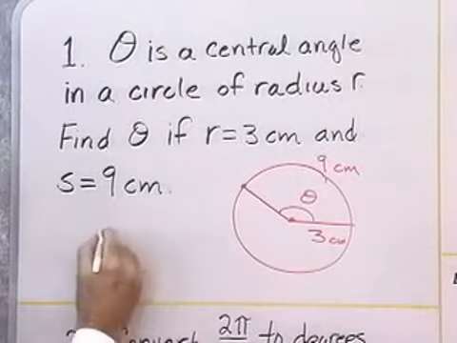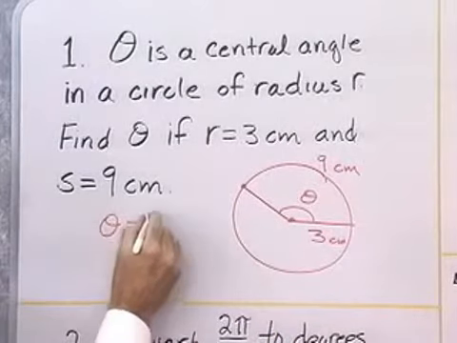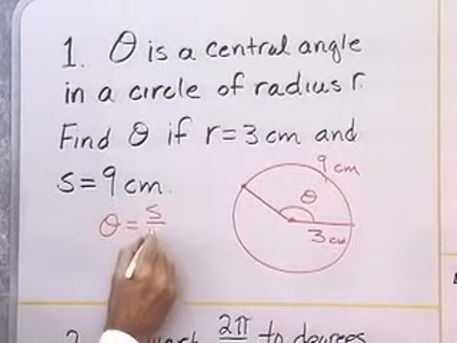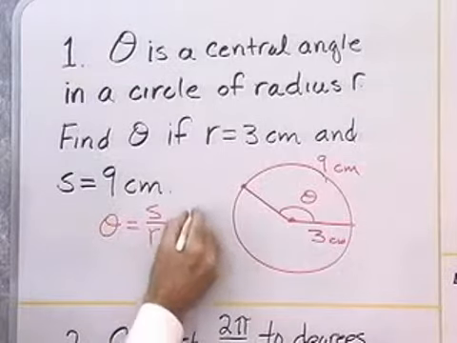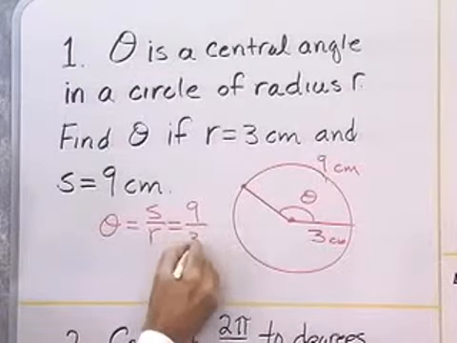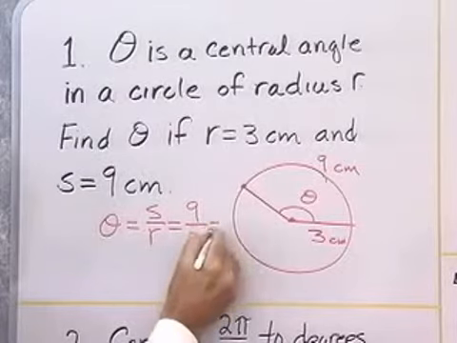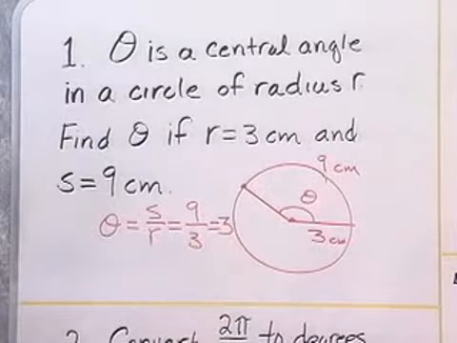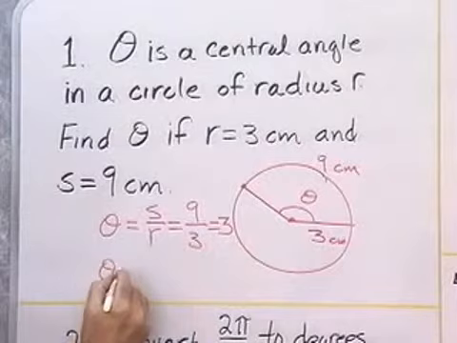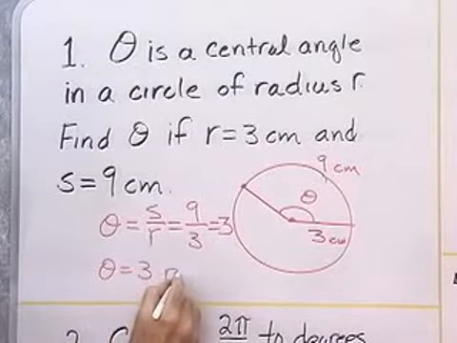9 centimeters. That means the radian measure for angle theta is going to be s divided by r, that's its definition, which is going to be 9 divided by 3, centimeters divide out, which comes out to be 3. So theta is equal to 3 radians,